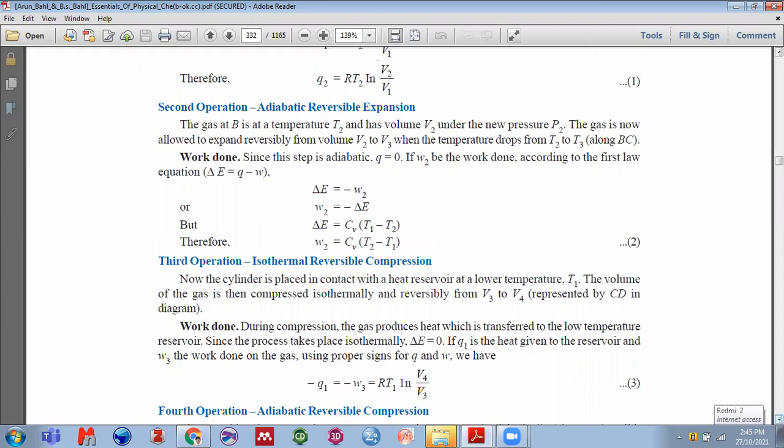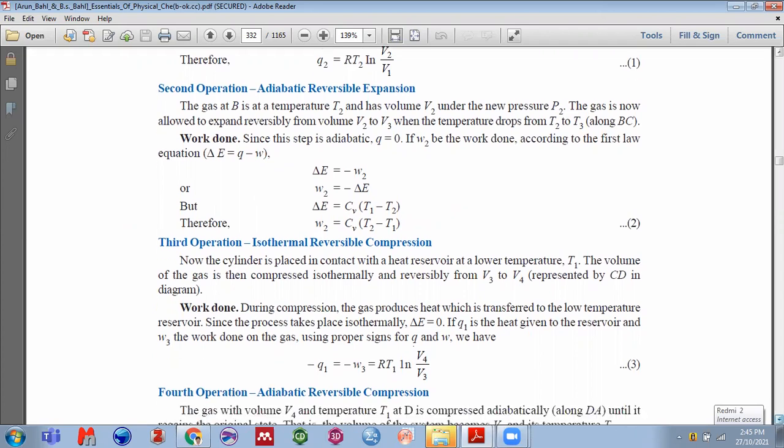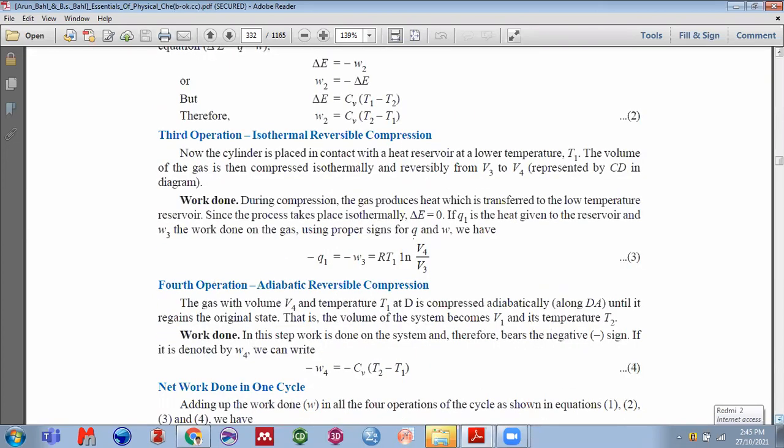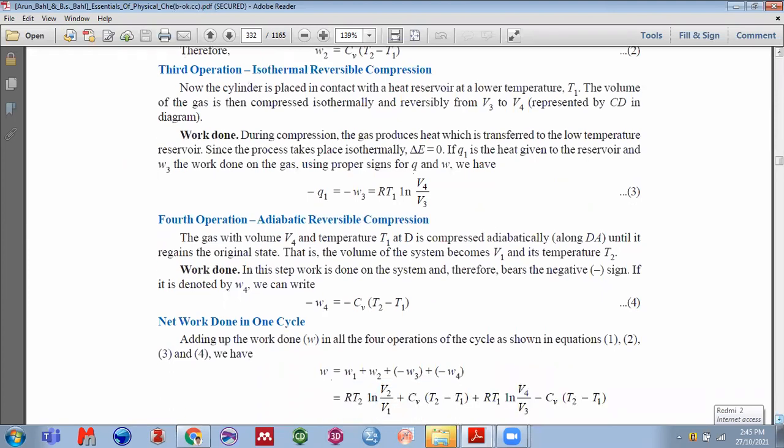Third operation, this becomes equation number 2. Next operation, isothermal reversible compression. In step 3, or stroke 3, the adiabatic wall is removed. The gas is now isothermally reversibly compressed to such a volume V4 where we can reach